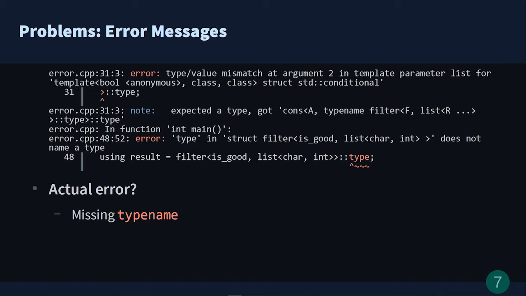By default, C++ assumes that when you refer to some inner class member, you are referring to some value and not a type. And this is the reason why you need the typename keyword to let the compiler know that you are going to refer to a type. This is a fairly common error in template metaprogramming.